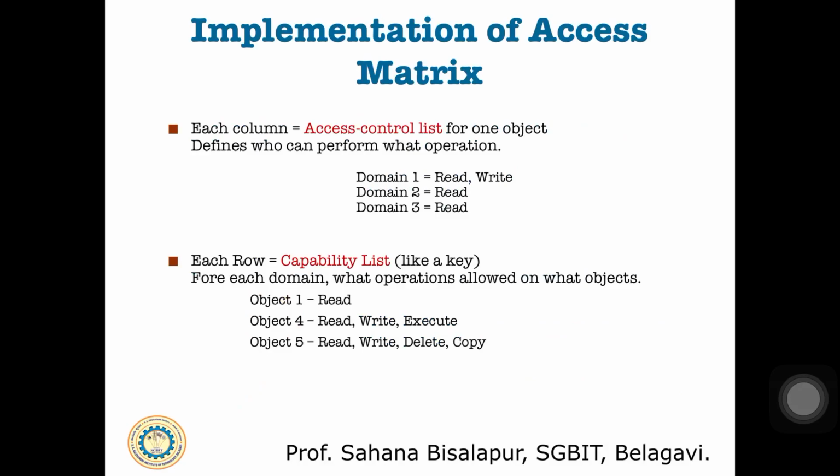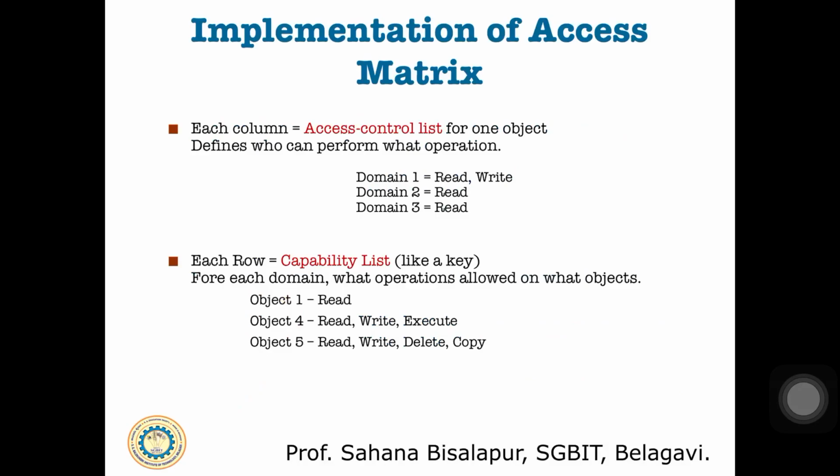Then next we have capability lists for domains. Now what is this capability list, which can also be known as a key? We'll see what that key is later. So a capability list for a domain is a list of objects together with the operations allowed on those objects. You have various lists of operations that can be allowed, right? For example, an object is often represented by its name or address. That name or address is known as the capability.